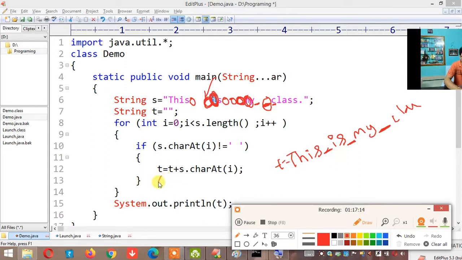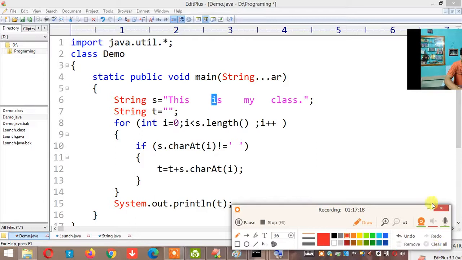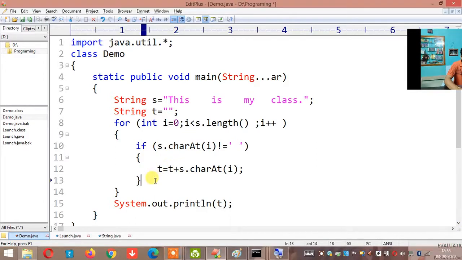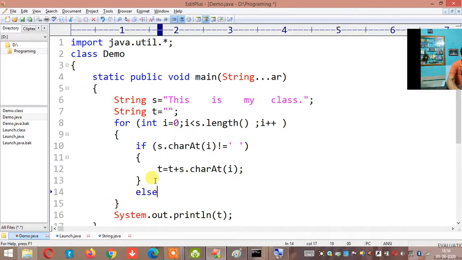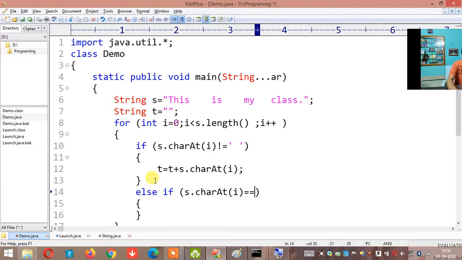Okay, what I have to write? I'll clear all. I have to write, okay, if that condition is false, else if one more condition can be true. What is that? S dot charAt of i can be equal to space, and S dot charAt of i plus 1 should not be equal to space character.